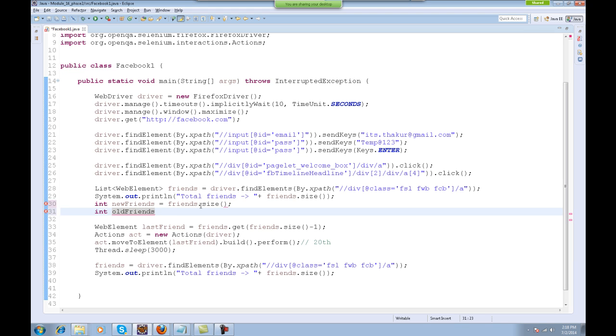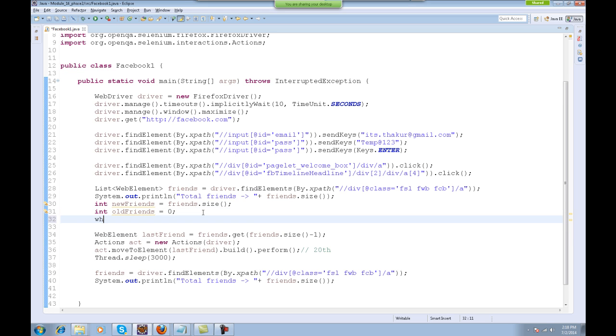I'm going to write a loop which will keep on looping until you have reached the last friend. I'll assume that old friends is 0, and I'll write a while loop.